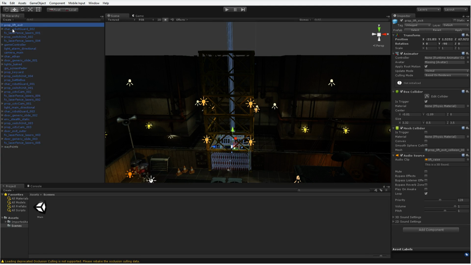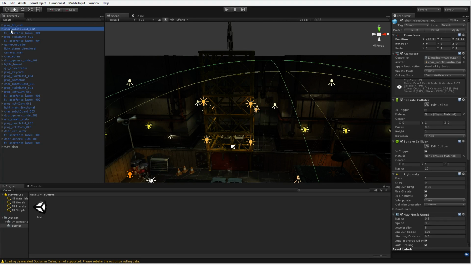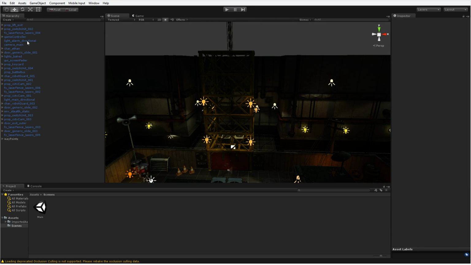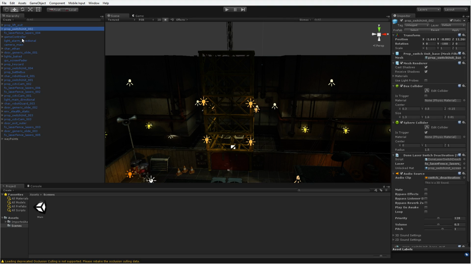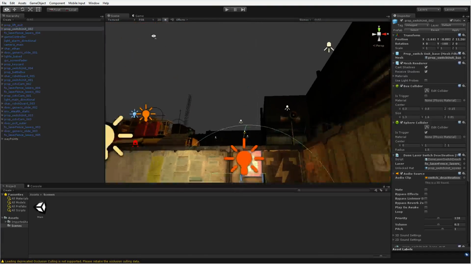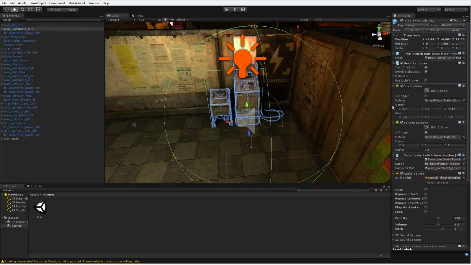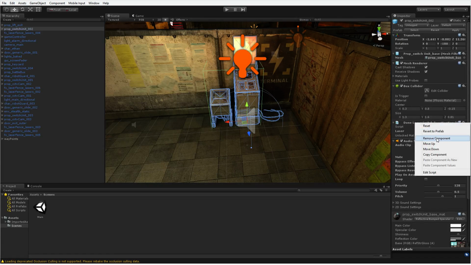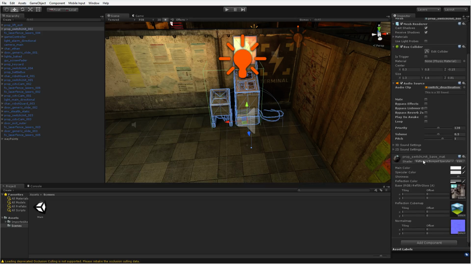So that's gone. Next is the robot guard. I don't need him at all, so I just delete him. Laser fence. Goodbye, laser fence. We don't need any laser fences. Next, we have a switch unit, which is this guy right here, which is used for turning fences on and off. And so I don't need this sphere collider, so goodbye sphere collider, because that was a trigger. I also don't need this script. All right, so we'll remove those things.